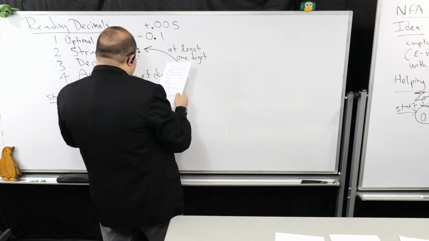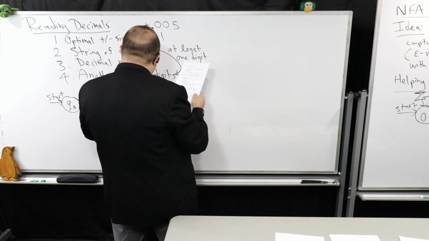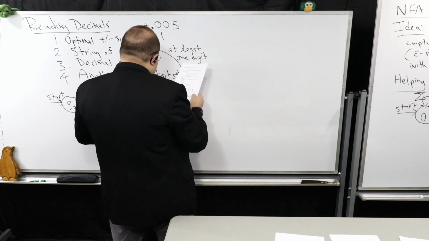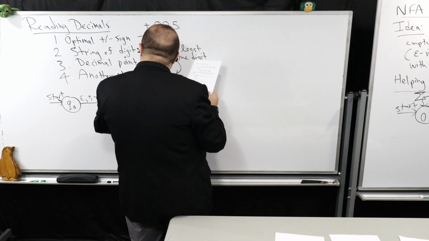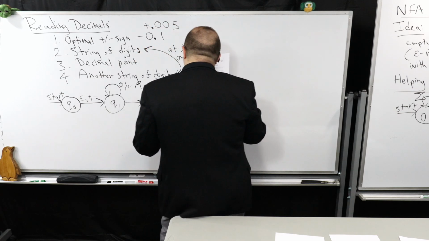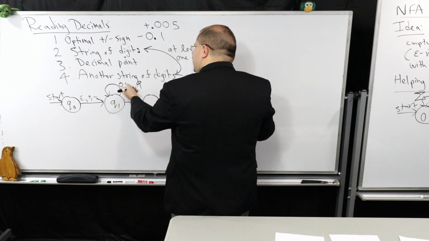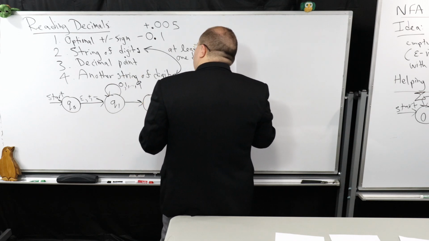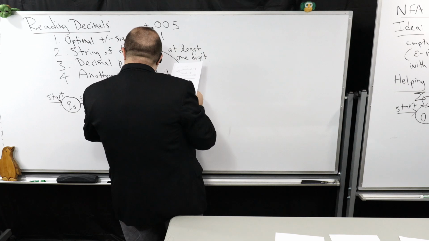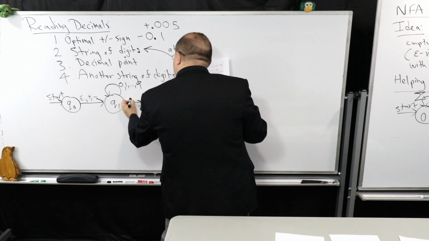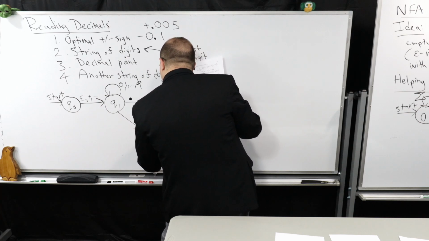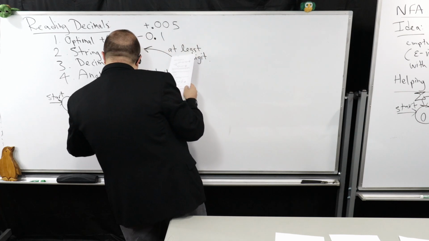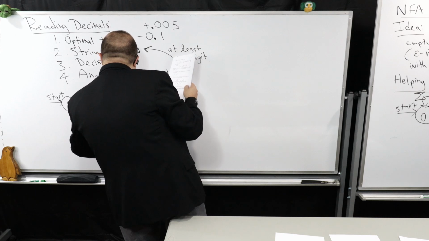However, now there's some choices I can have here. I'm going to allow it to stay in Q1 if you want to read in some 0, 1, all the way up to 9, some numeric digits. Then I'm going to allow it either to transition to a dot, a period, or decimal point, or it could transition to reading a digit.